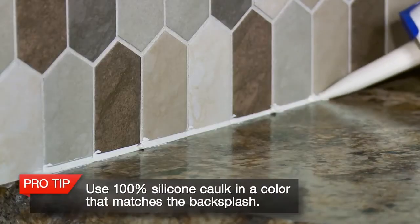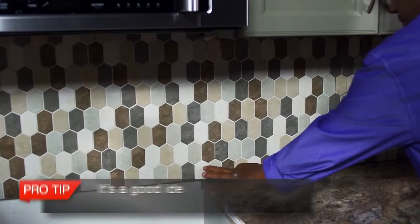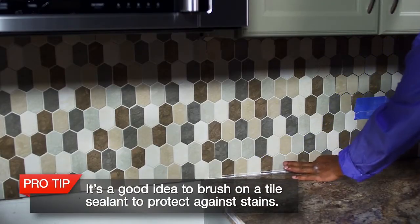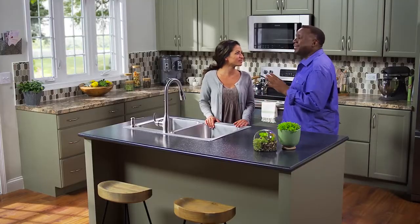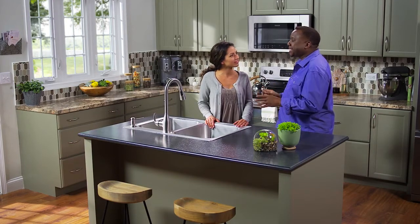Apply a thin bead of caulk where the tile meets the countertop to seal moisture out. And your work is done. Wow, I had no idea I could do this. This looks great. I love the look of tile, but you can also have a beautiful backsplash with unexpected materials